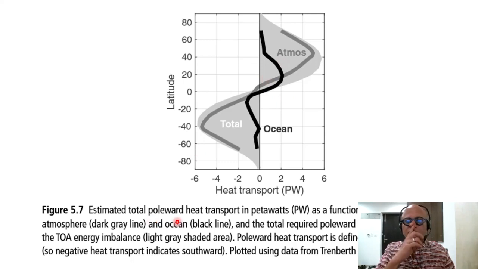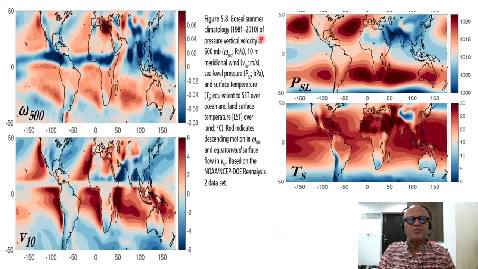So this is the estimated total poleward heat transport in petawatts, so that's 10 to the 15 watts, as a function of latitude by the atmosphere in the dark gray line and the ocean in the black line, and the total required poleward heat transport based on the top of the atmosphere energy balance that we had looked at before, and here it is again in the gray shaded area. Poleward heat transport is defined as positive northward, so negative heat transport indicates southward transport. Basically, that means energy is diverging out of the low latitudes towards both the poles,